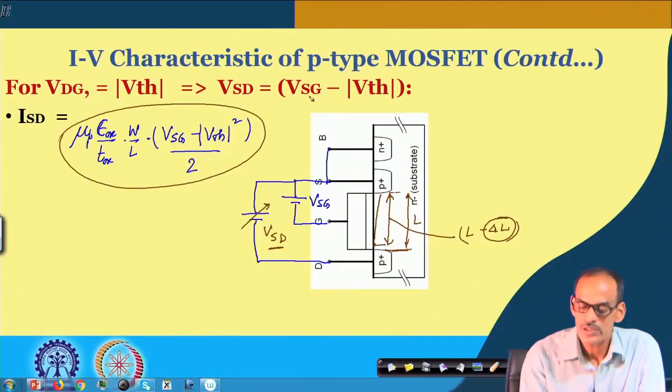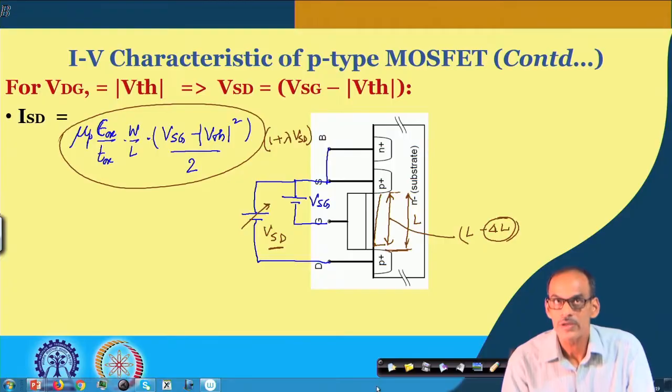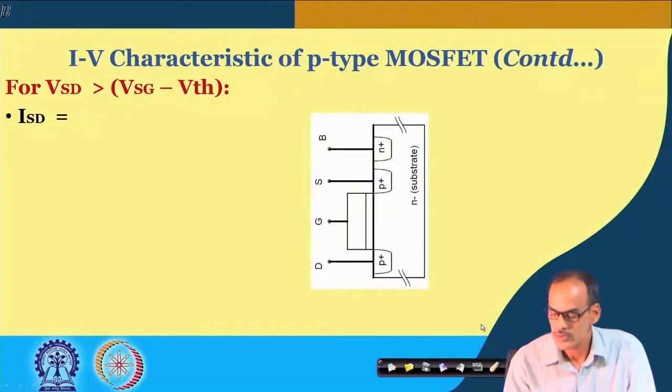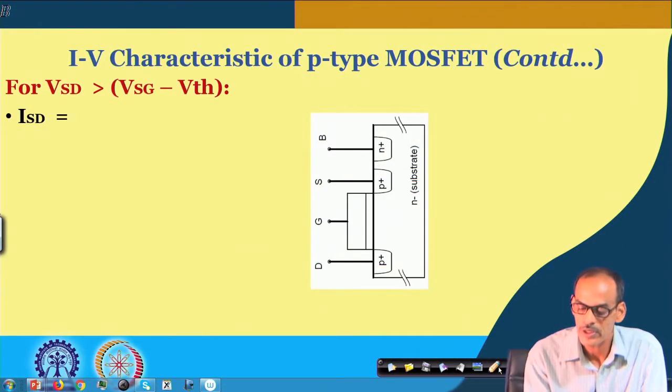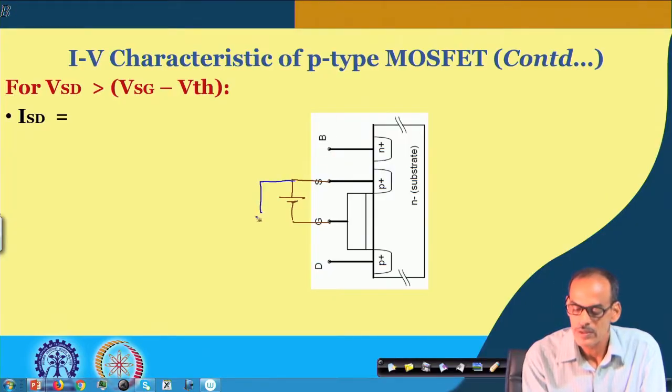To capture this effect, we consider 1 plus lambda VSD. So, the expression of the current under this condition, namely whenever pinch off is happening, we can say that